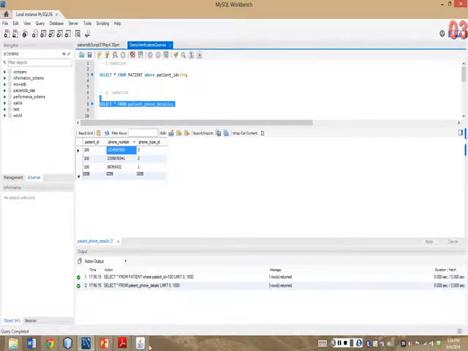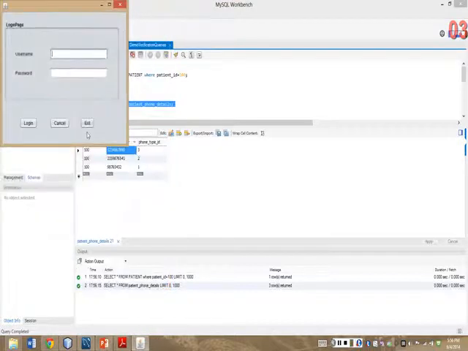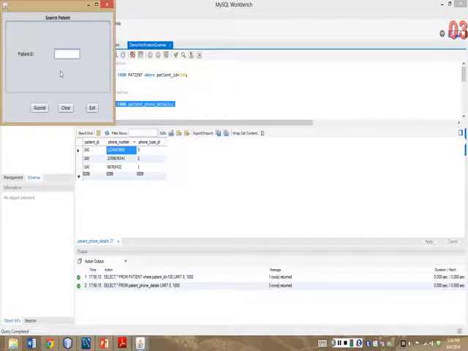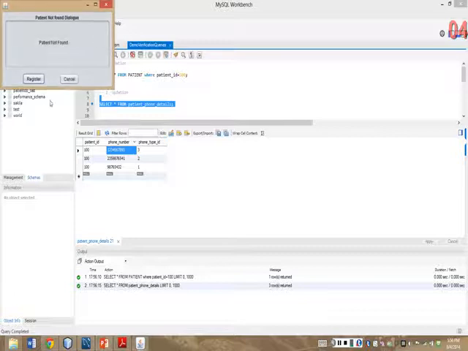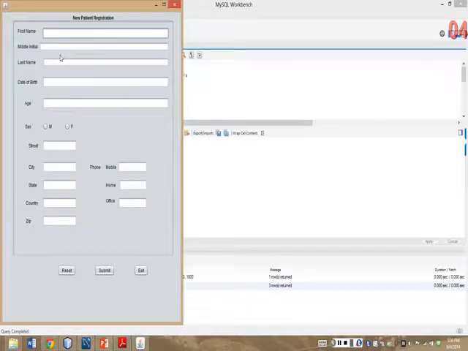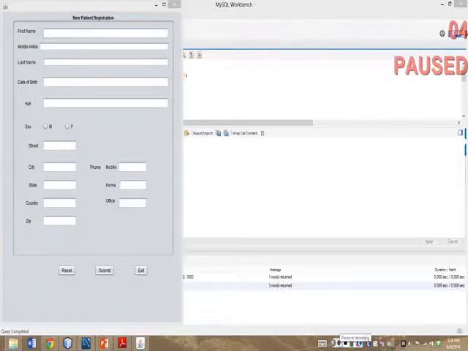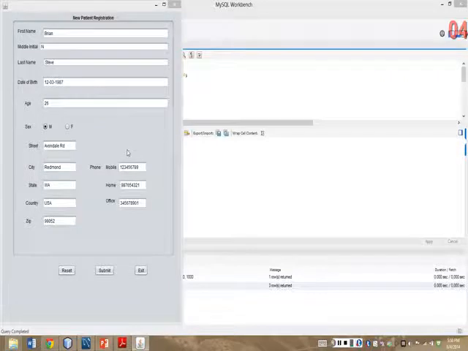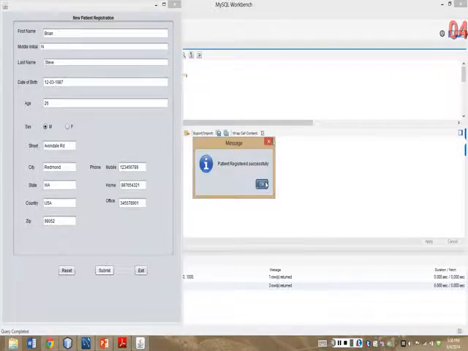And coming to our next case, now let's see the other scenario where we don't see the patient. Since the patient is not found, we can register the patient, or if we have entered the wrong credentials, we can retry with the new credentials. Now let's see where we can register the patient. The registration form pops up and we have to enter details of the patient like the first name. Now that we have entered the details of the patient information, let's submit it and verify if the patient has been added in the database.